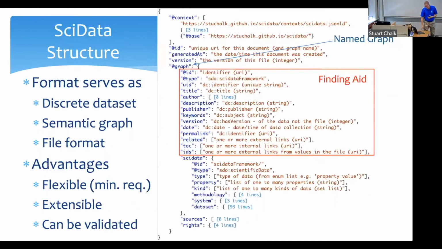Okay, so what does the structure look like? The basis of this is that anything in a JSON-LD document that has an @ symbol at the start of the name is a specific keyword defined by the JSON-LD specification. So @context, @base, @graph, and so on. Those are defined by the JSON-LD specification. Now, outside of that, we can nominally put anything we like in this document.